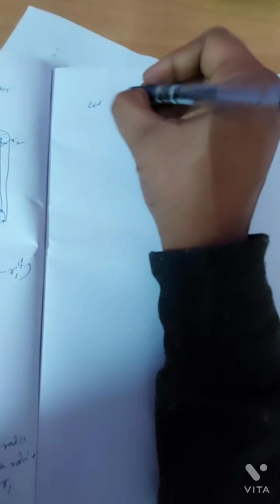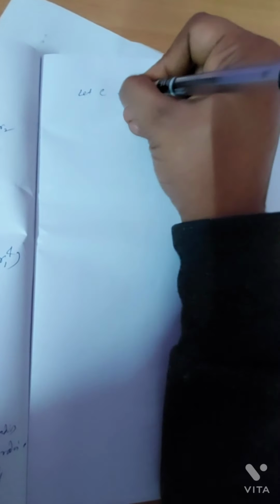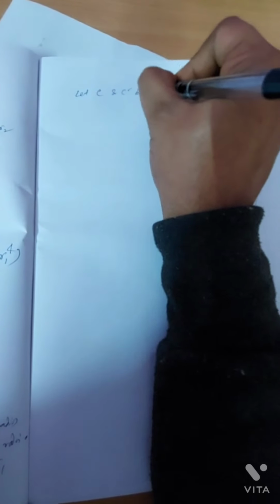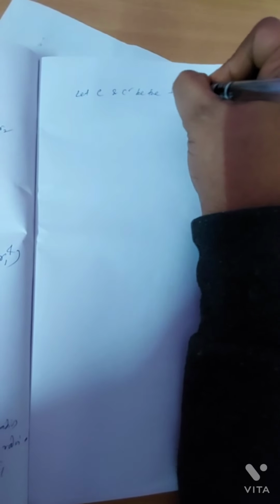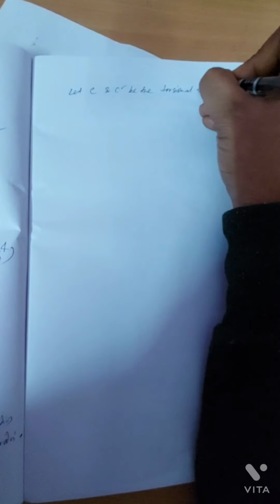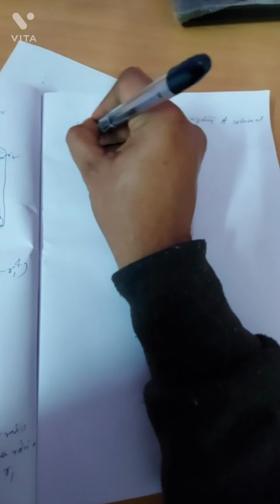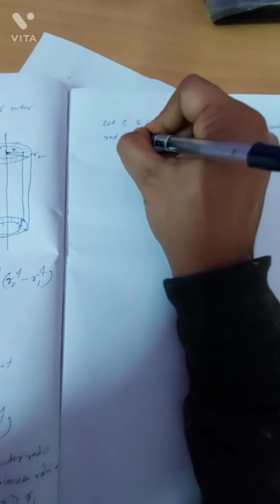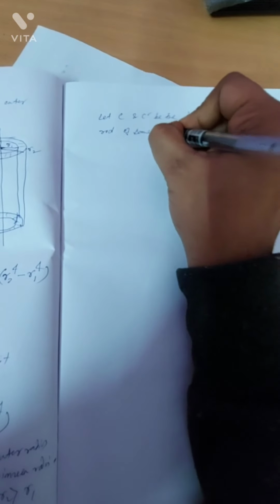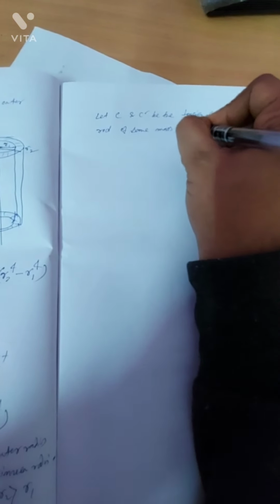Suppose C and C dash are the torsional rigidity, or torsional couple per unit angular twist, of a cylindrical rod of same mass m